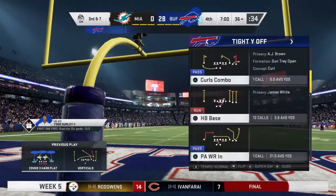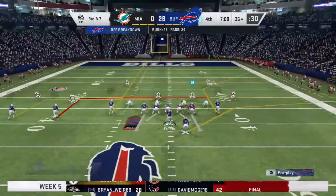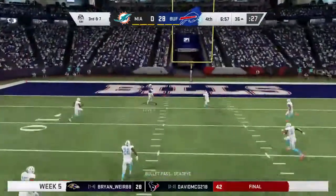That was a nicely run slant route, and what the receiver's trying to do is make the defender think he's going upfield for a deeper route, and then breaks it off, usually after about 3 to 4 steps, and cuts towards the middle of the field. And now what he's trying to do is...